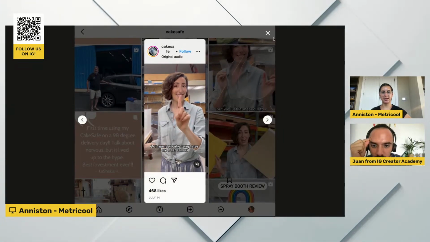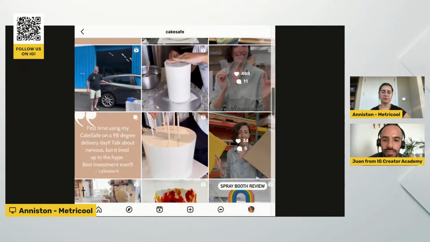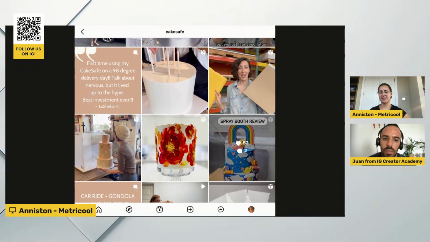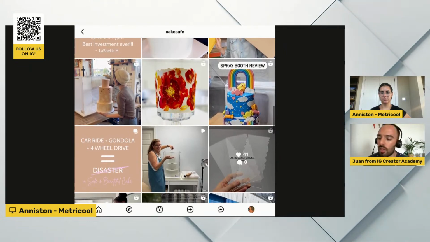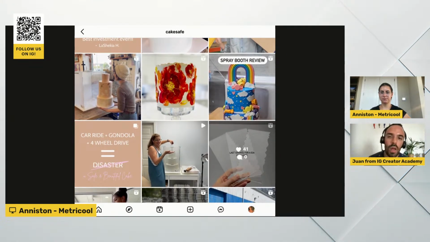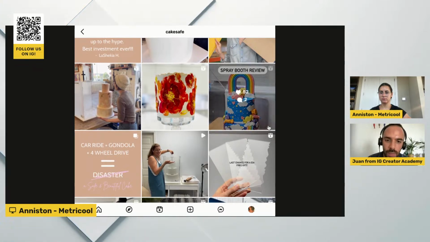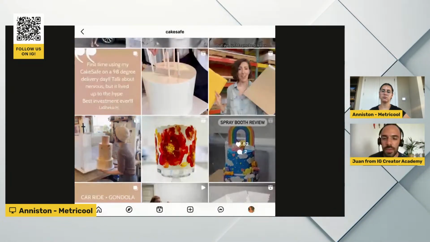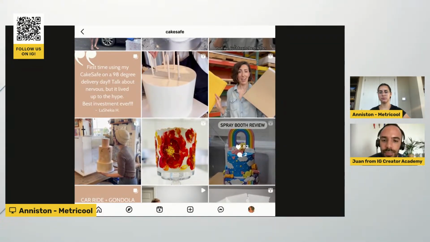I think it's smart too that in this one they added closed captioning. It's very important, not only for accessibility purposes, but for SEO purposes as well. And now that you mentioned that, if you're adding closed captions and you want them to also work as SEO, I would suggest using Instagram's in-app captions. Because if you use external captions like CapCut, for example, the algorithm won't detect those. That's good to know.